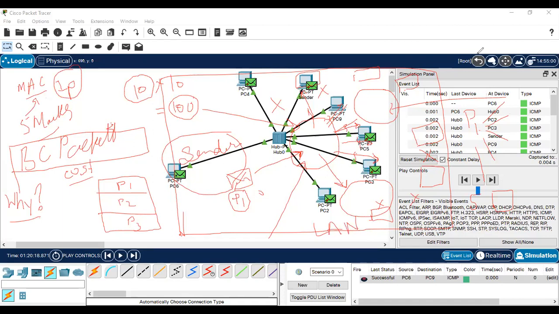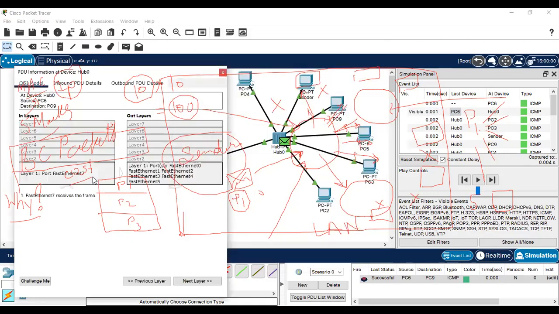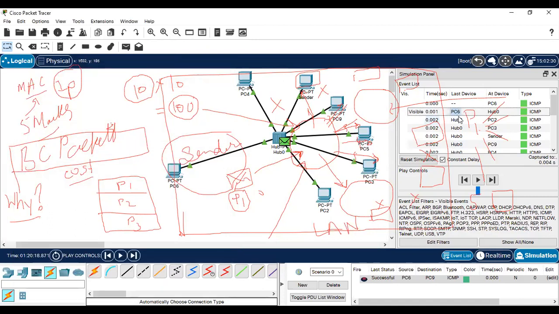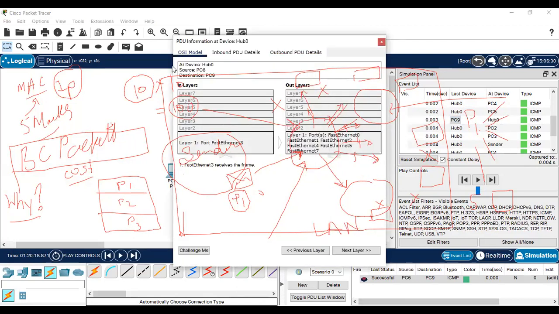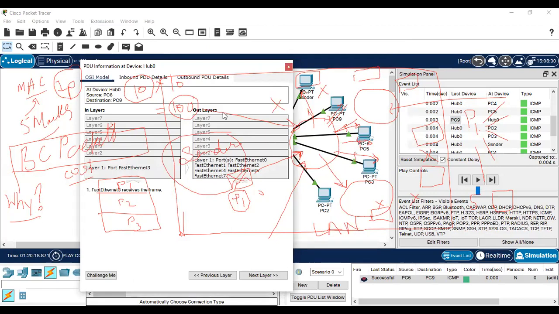If I click over there, you can see these are the 7 layers where it is working. Let's take the example of PC6 and PC9. When I click on PC9, you can see the in layer and the out layer. They receive the frame. You can see Fast Ethernet, which is working at layer 1.